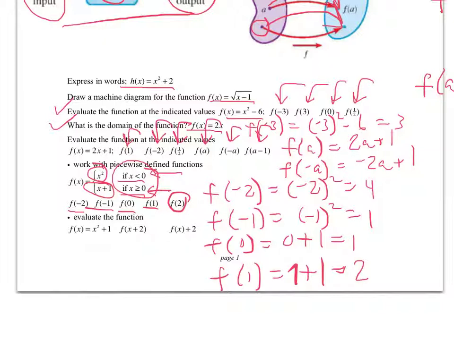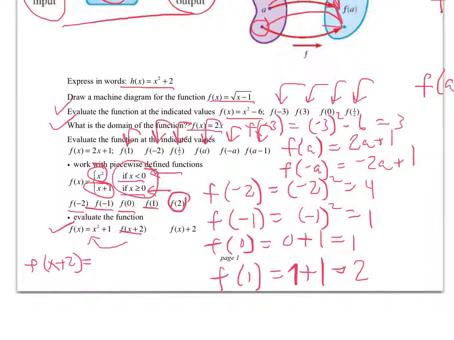Okay, so next we see that we can evaluate functions in even more complicated ways. Here is f of x equals x squared plus 1. We want f of x plus 2. And so that means substitute x plus 2 into this function wherever you see the variable. And so f of x plus 2